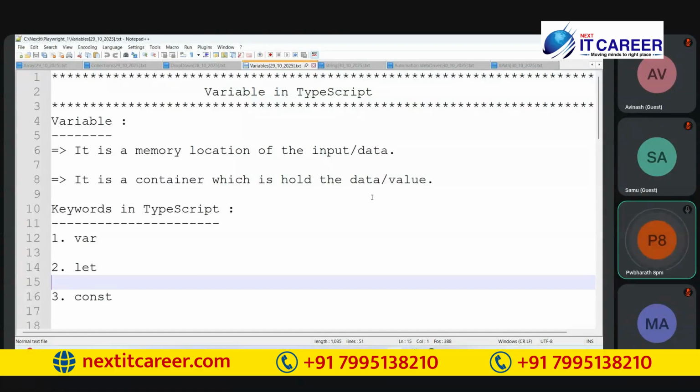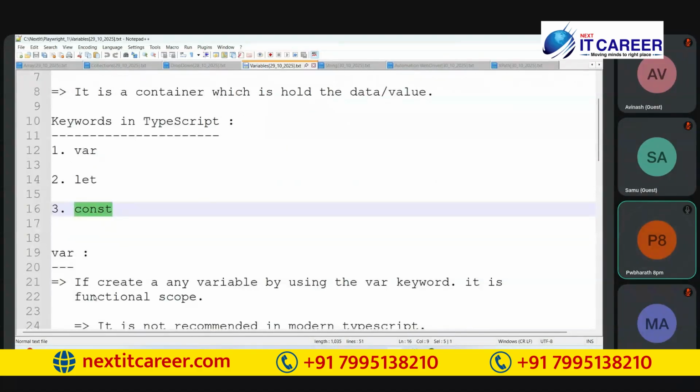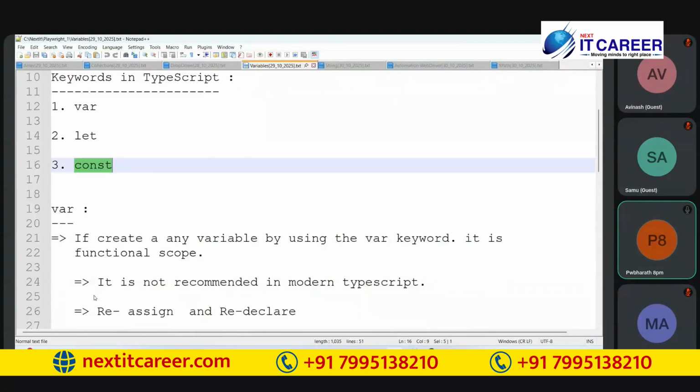In TypeScript, when we want to define a variable, we have three keywords: var, let, and const. var is a keyword; if we create a variable using the var keyword, that is a var variable.